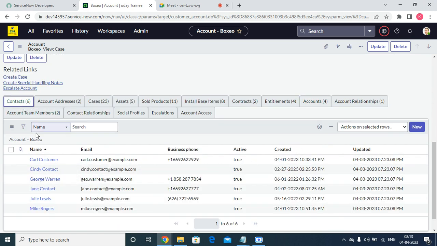And here we have a contact. What is a contact? Every customer account has a contact. Contact is nothing but the person associated with the account. Every customer has a user. These are all the contacts. If you want, we can create one from new. If I open this one,